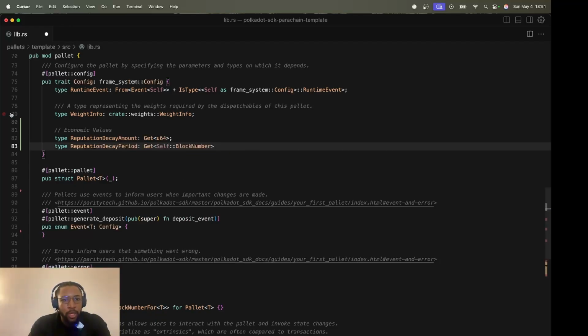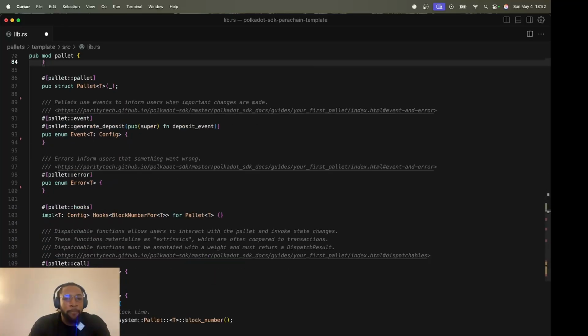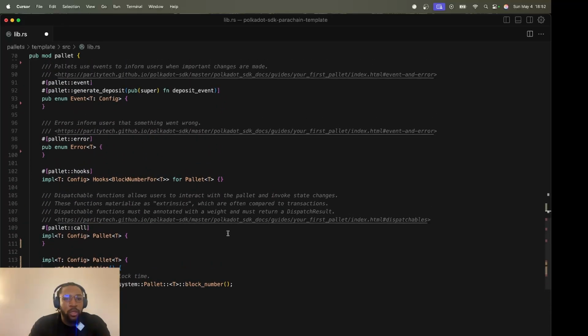Since we have this bound here, frame system config bound, there is a type in this config called block number. So that's why I'm taking self block number. Okay, now that we've defined storage items, we can continue with this.